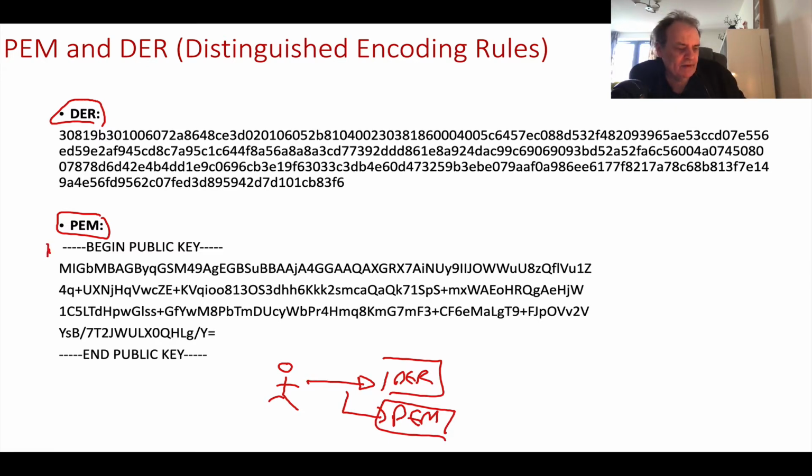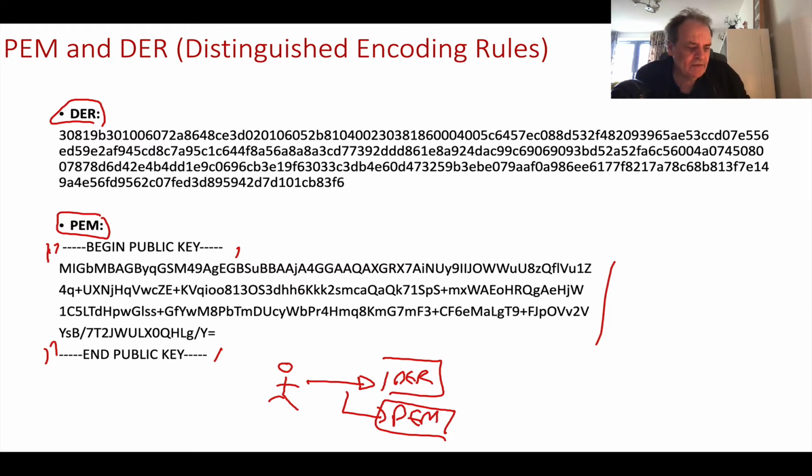And this is an example here of PEM. The advantage with this format is that it's stored in base64, and we have a header and a footer there, and we have the keys and the certificate encapsulated inside this form. This allows us to send the keys in an email message or post them on a website.